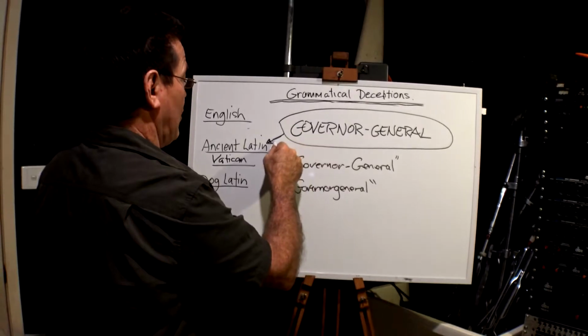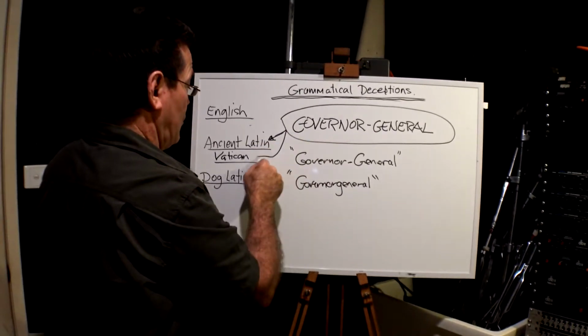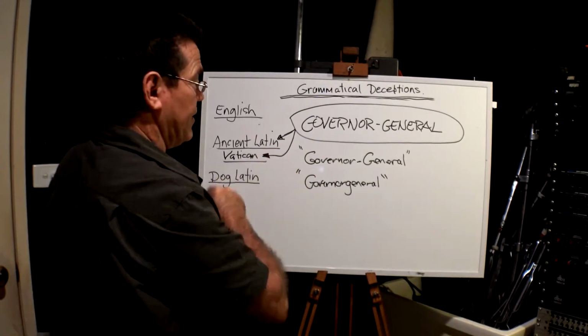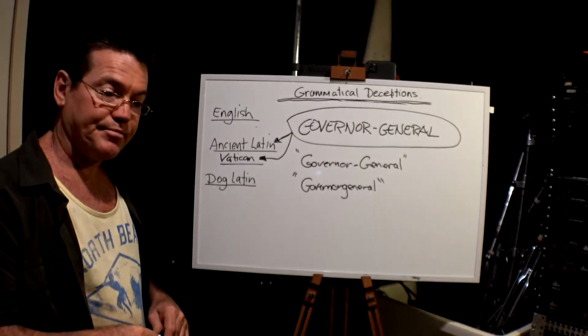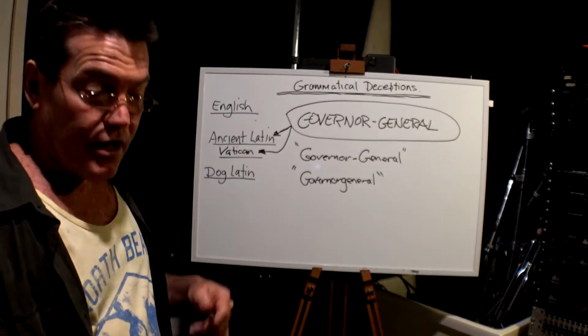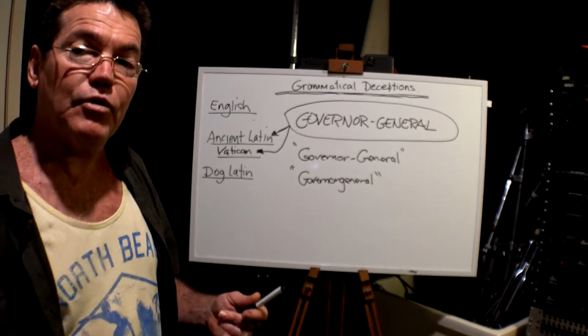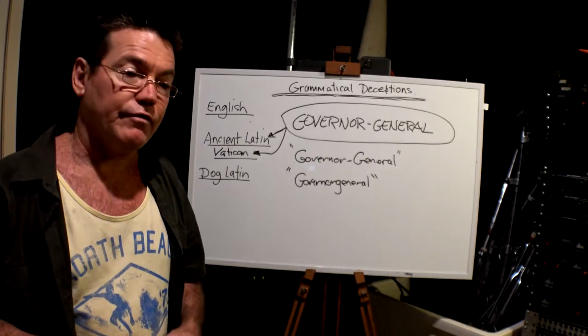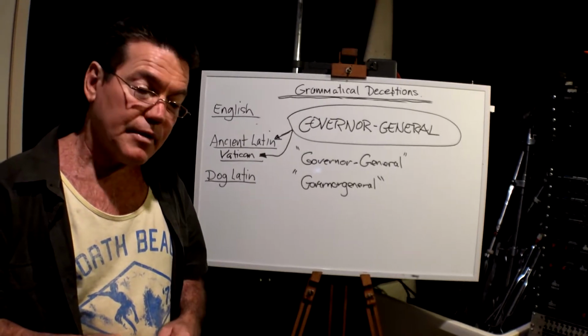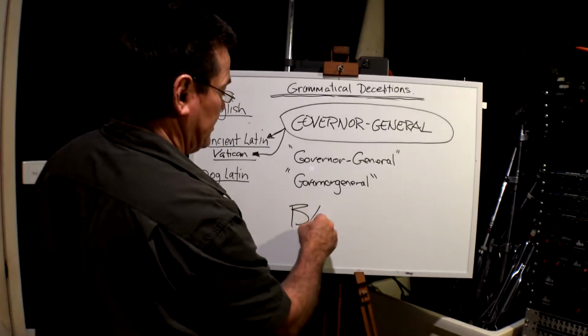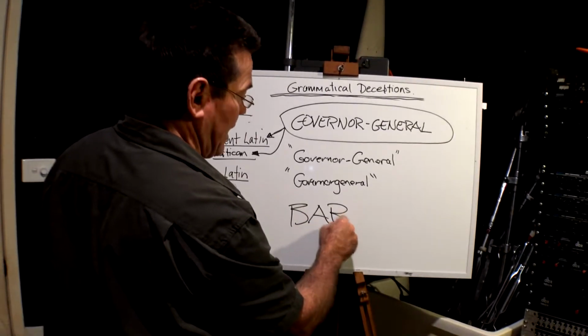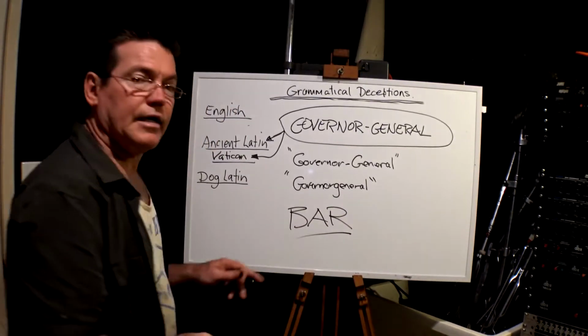So what they're saying is that this Governor General is the property of the Vatican. The Vatican owns the City of London. The City of London probably, more than likely, owns the US Federal Reserve, and the City of London is the bar, and the bar